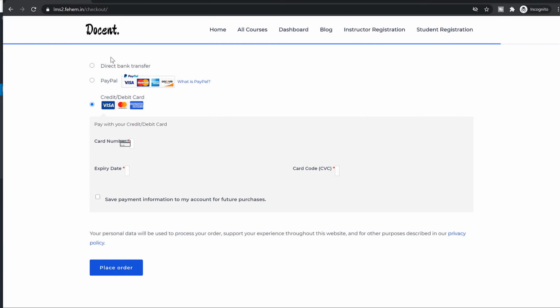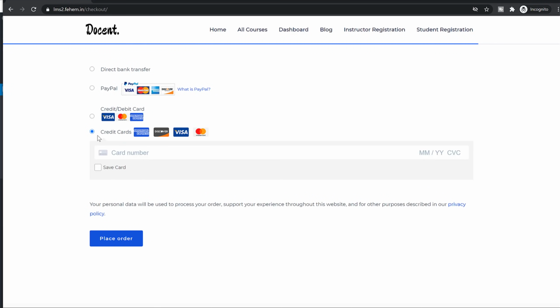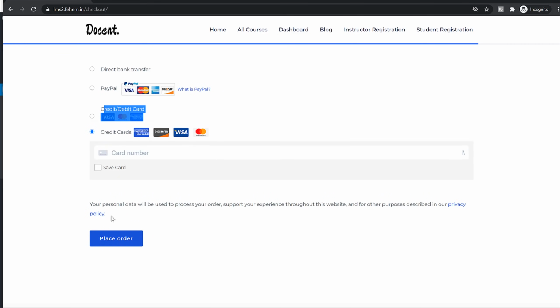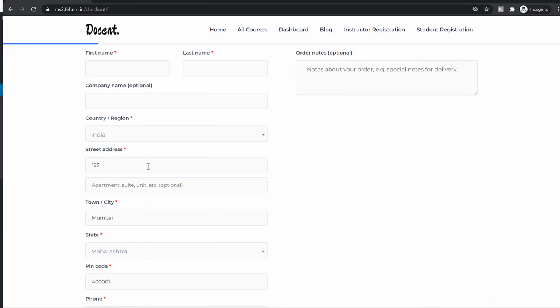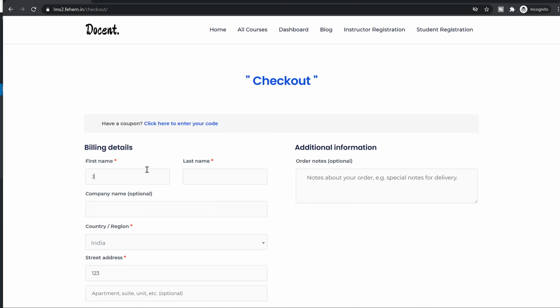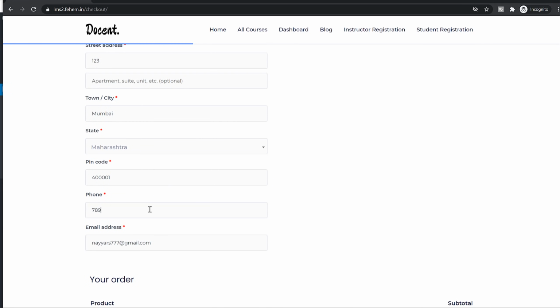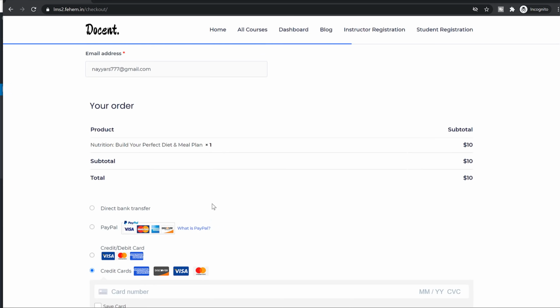Again, if I come back to this checkout page and refresh it, as you can see, this option is added and this is working properly. So if this plugin does not work properly for you, you can use this another Stripe plugin, and this will work fine for you, hopefully. Again, I'll have to enter this detail. So once you enter all your details over here, again, the phone number,